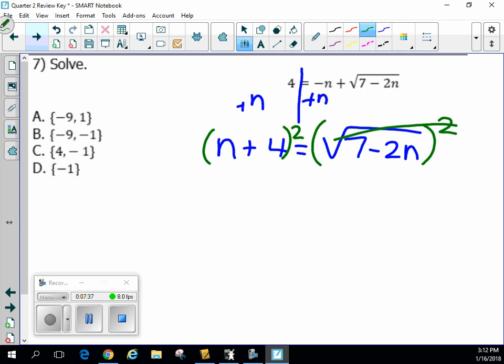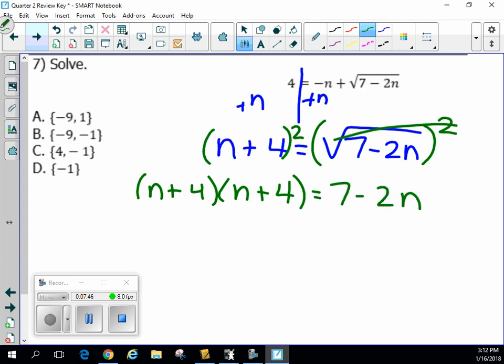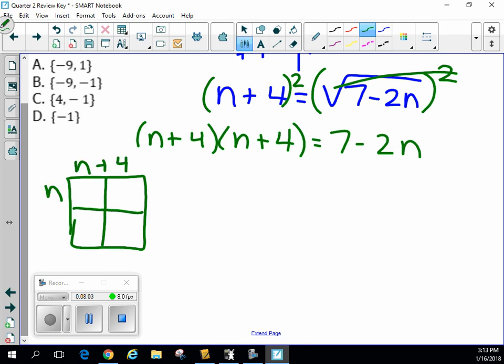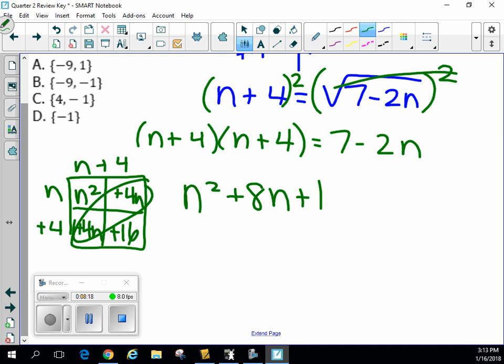So if you know FOIL or box, really what you're doing is n plus 4 times n plus 4 equals 7 minus 2n. Before we move 7 and negative 2n over to the left side, we have to multiply the quantity n plus 4 times n plus 4. So again, we are going to use the box here to help me with multiplication. N plus 4, n plus 4. So we get n squared plus 4n plus 4n plus 16. Combine like terms, that gives us 8n. So n squared plus 8n plus 16 equals